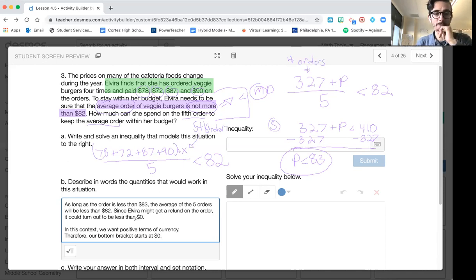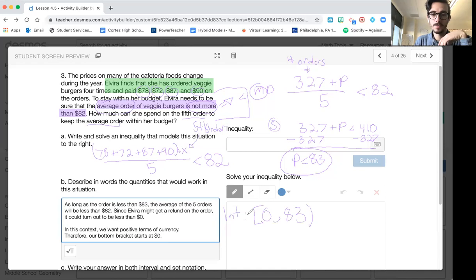Since Elvira might get a refund on the order, it could turn out to be less than 0. But in this context, we want to talk about an actual price. Like a distributor is never going to charge you -$3 for something unless they're giving you a credit. But in this case, you're just starting at 0. So your interval notation would start at 0, go to 83, and I'm going to have it just not quite get to 83. So this is your interval